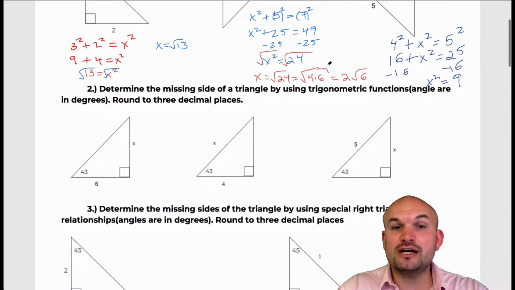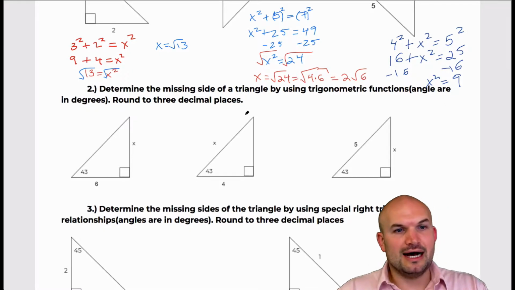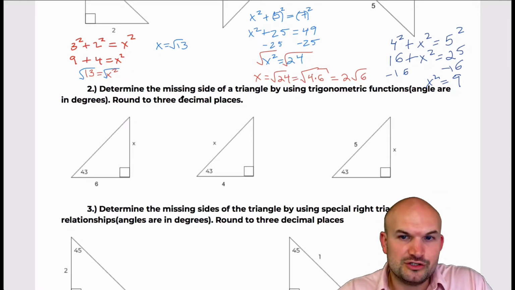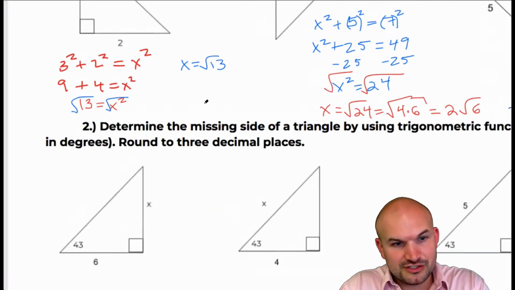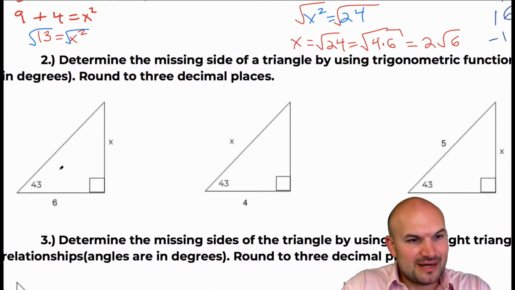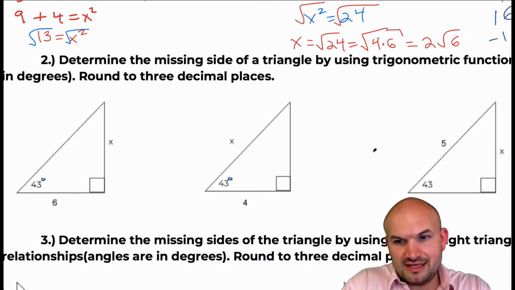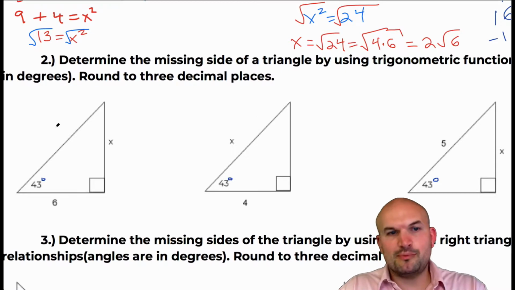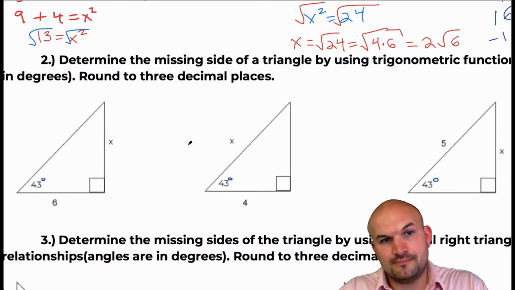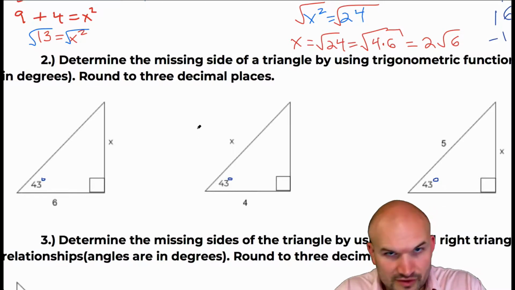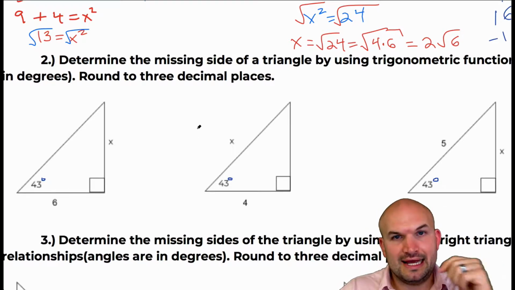All right, our trigonometric relationships. So to determine the missing side of the triangle using our trigonometric functions, the angles are in degrees. I had a little issue when I was entering these. I wasn't able to put little degree symbols, so I will take the time now to do that. The important thing that we need to remember is our trigonometric ratios, and I'm not going to get too detailed because I go over this completely again in